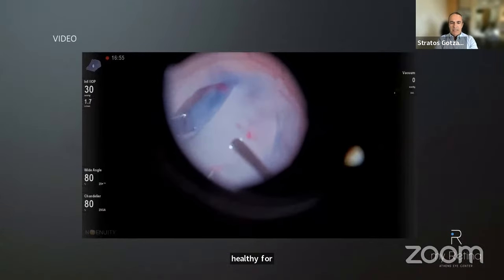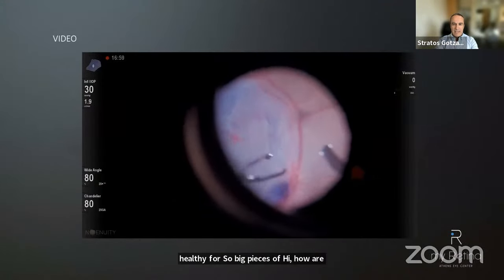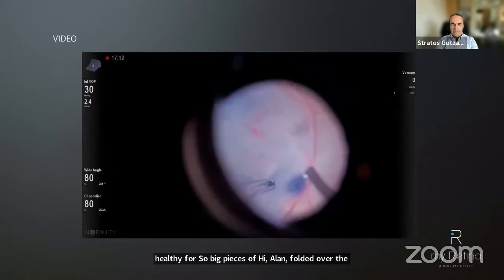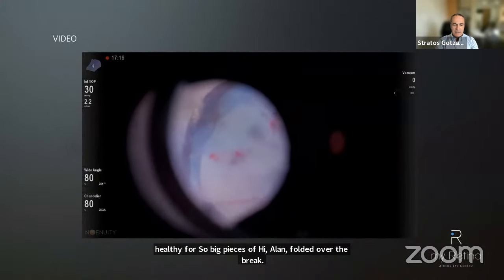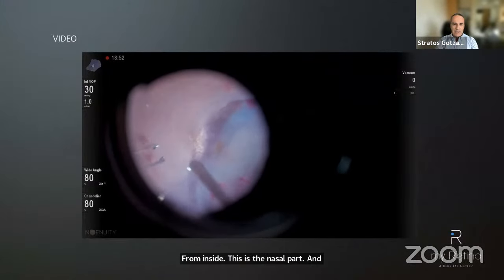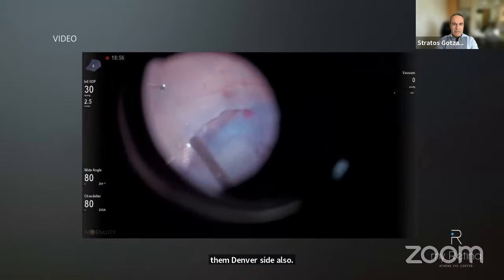So big pieces of ILM folded over the break from each side. This is the nasal part. And then I go from the temporal side also, and create other flaps,